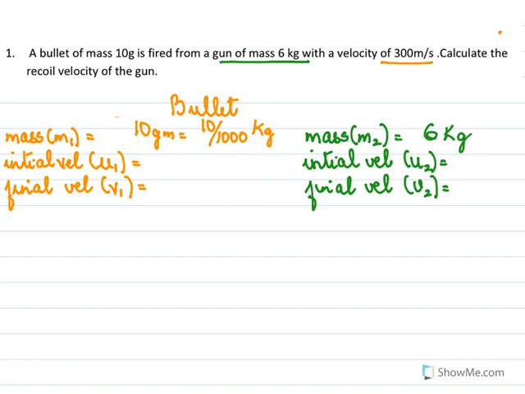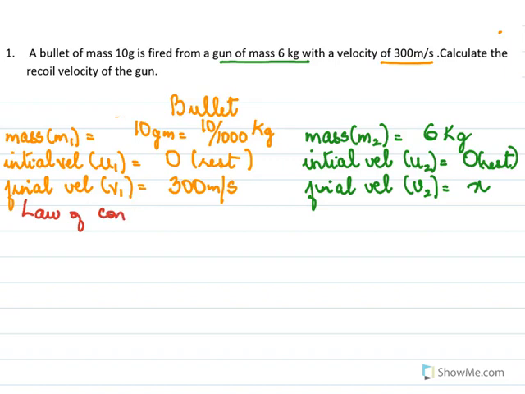Now remember, the initial velocity of the bullet is 0 because it is at rest. It is now fired with a velocity of 300 meter per second. The initial velocity of the gun is also 0 because initially the gun is at rest. Then after it is fired, it has a recoil velocity of, say, x, which we call v2. By the law of conservation of momentum,